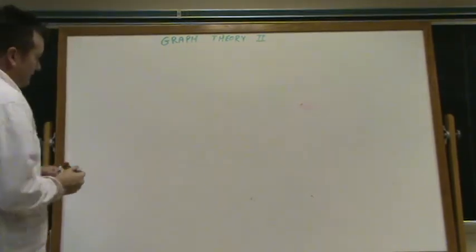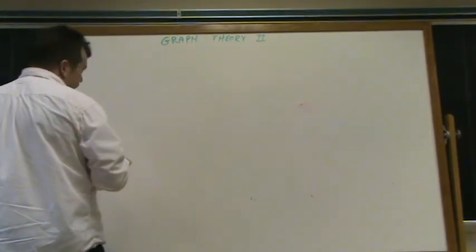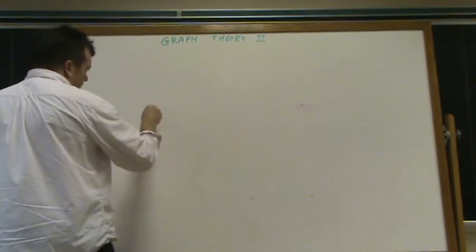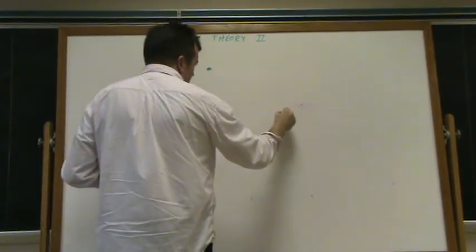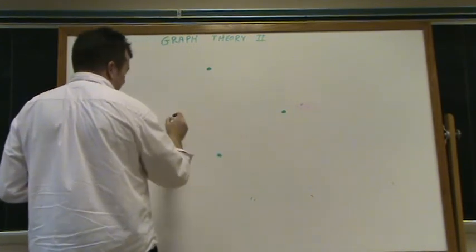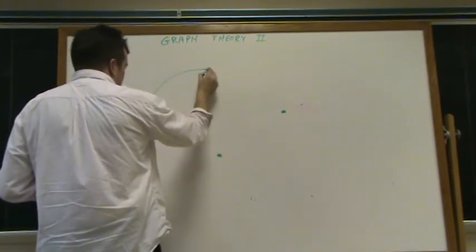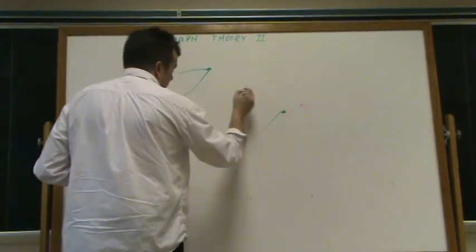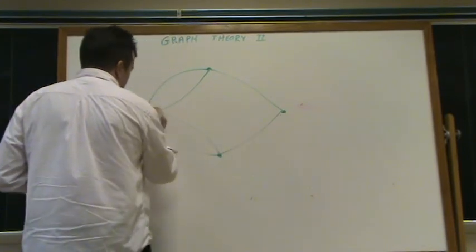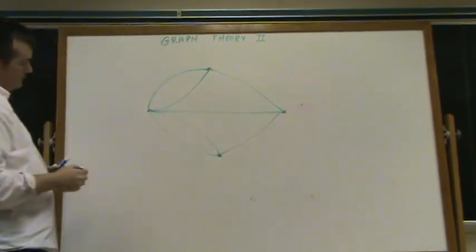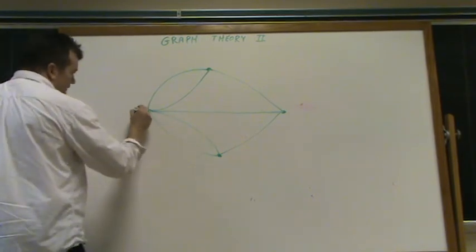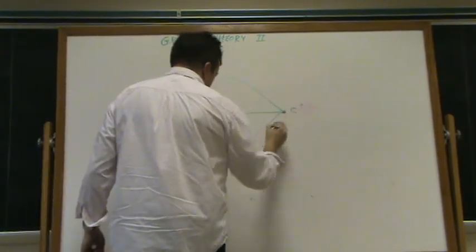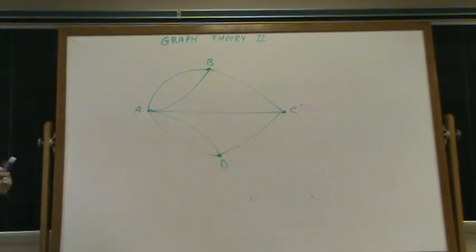But if we had a graph like this, try to keep these simple, but if we had, so this is kind of a question you might be able to answer based on intuitive properties of a